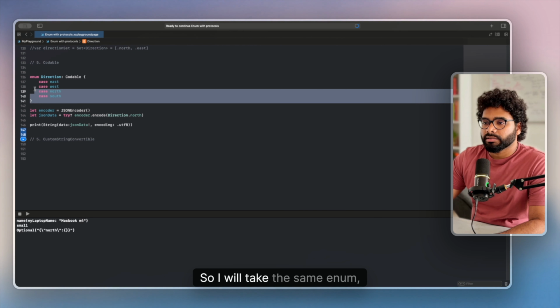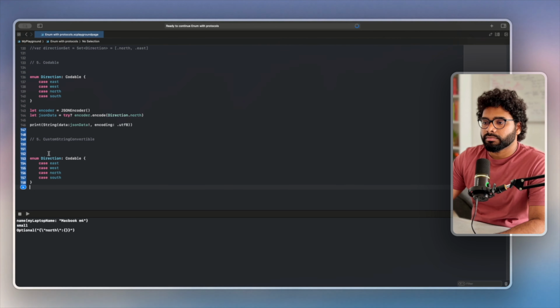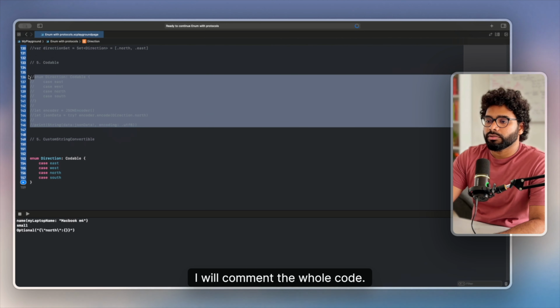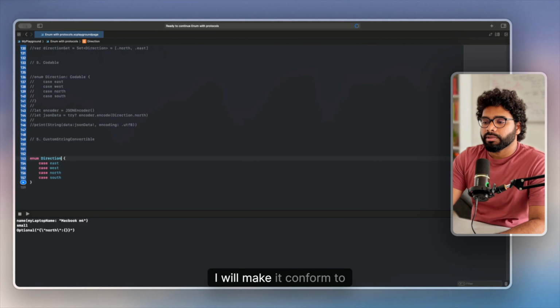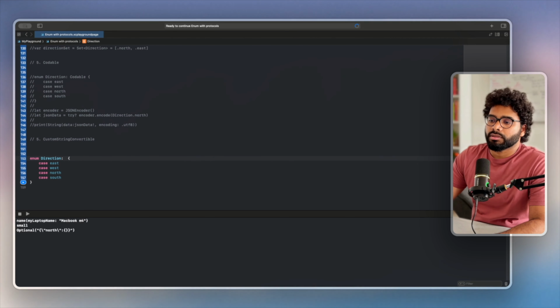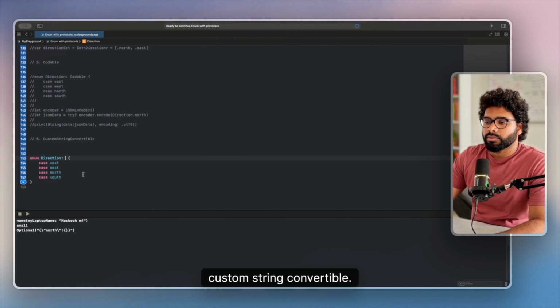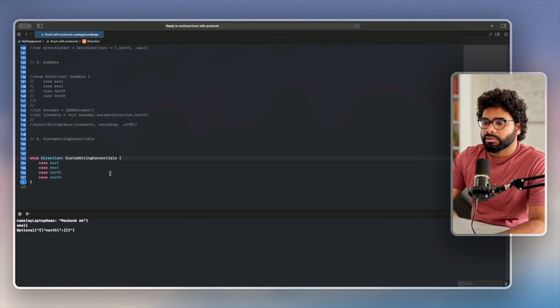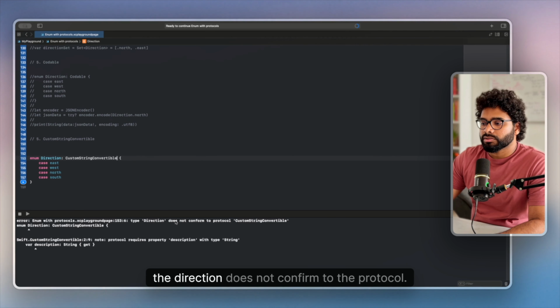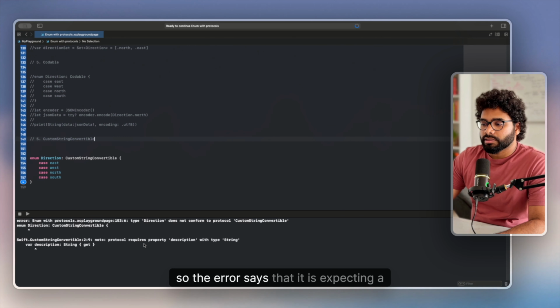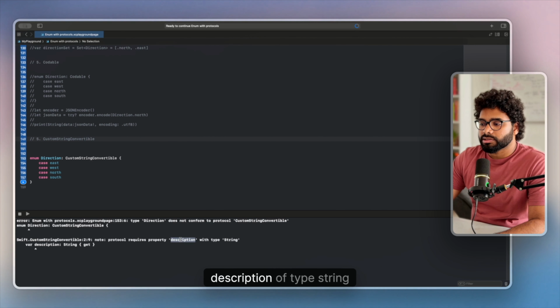So I will take the same enum, I will comment the whole code. Now instead of Codable, I will make it conform to CustomStringConvertible. Now if I run this, it will give me an error saying the direction does not conform to the protocol. So the error says that it is expecting a description